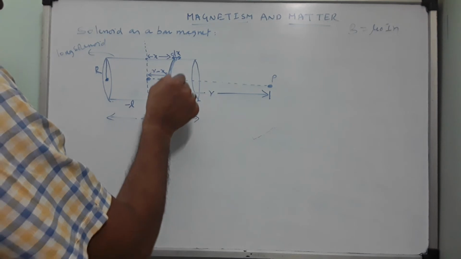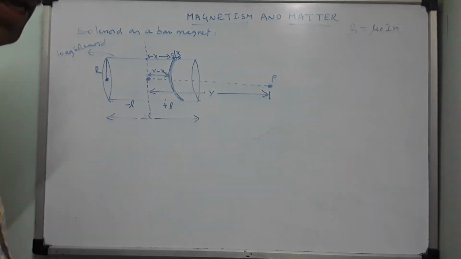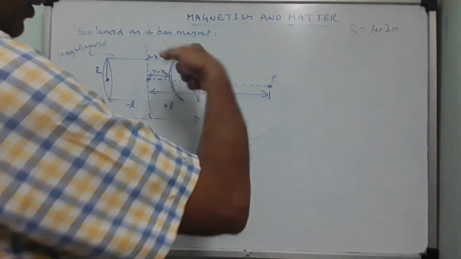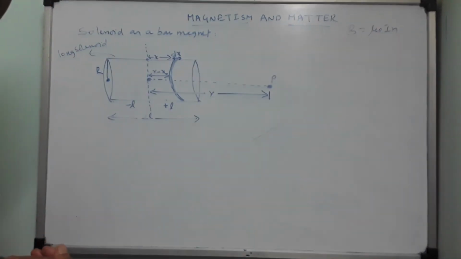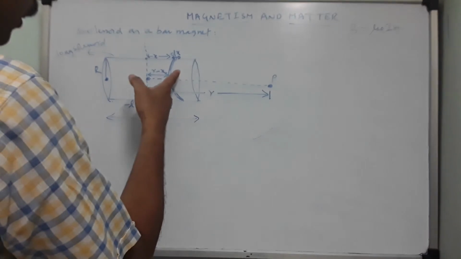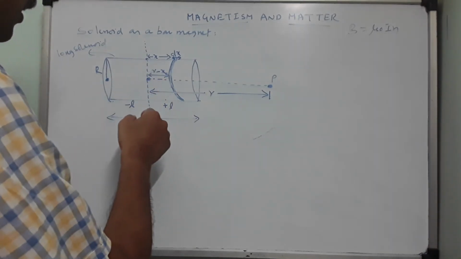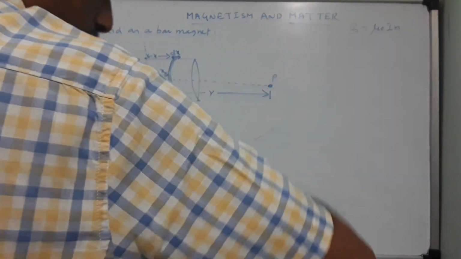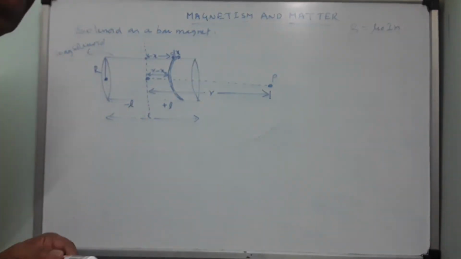It is not a curve, children. In the diagram it appears to be like this, but you just imagine that it will be like this only. Everywhere it has the same shape. So don't think that sir, it is curving inside. Will it not be less than r minus x? No. Just imagine it is like this, in a vertical plane only. This dx lies in the vertical plane. So the distance is r minus x. Okay, fine.